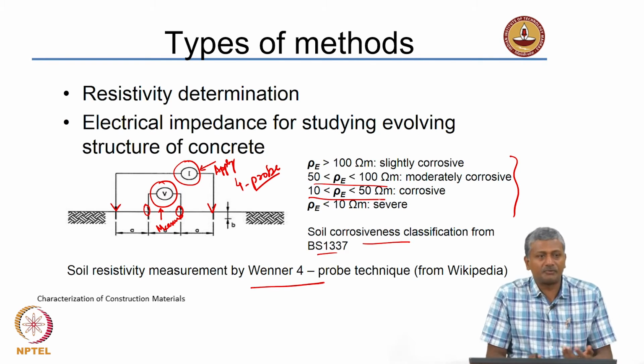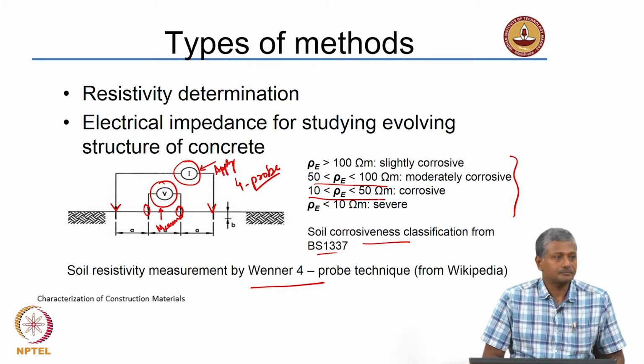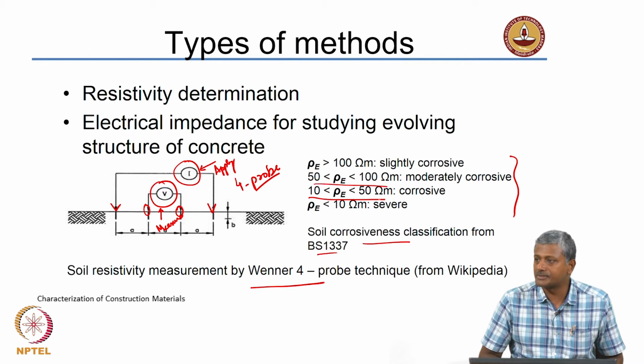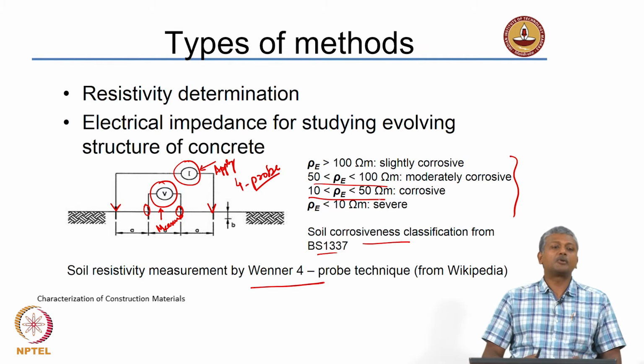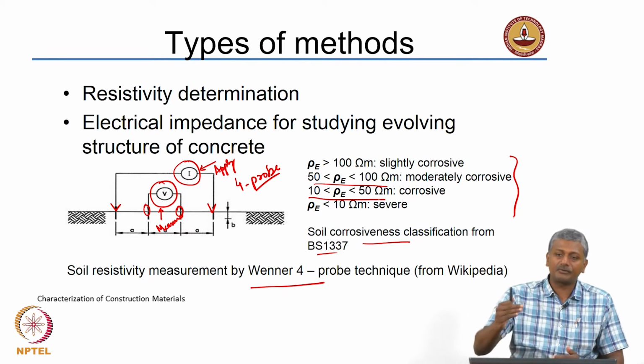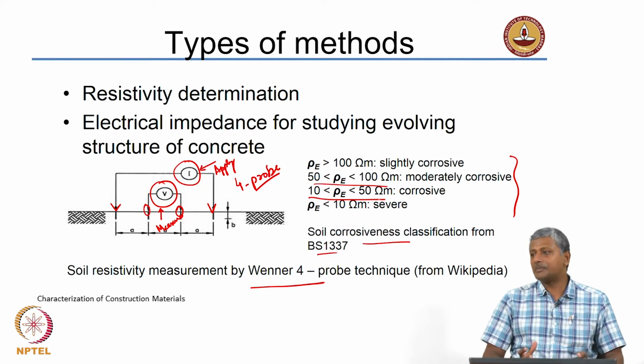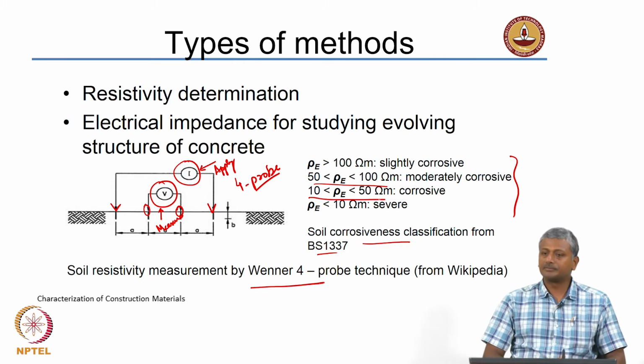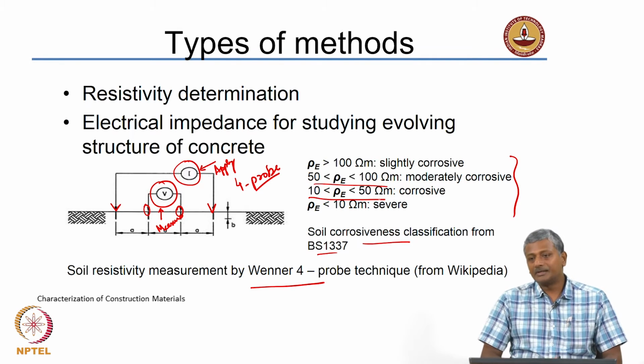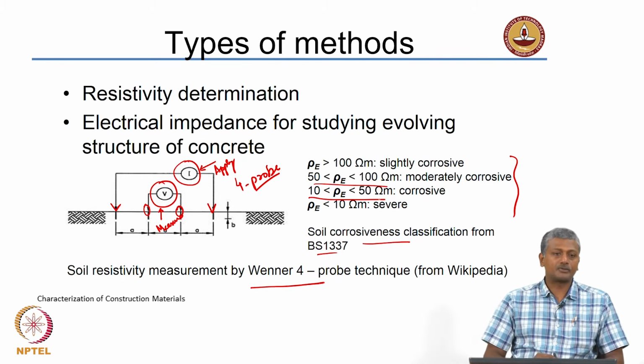Now, what is causing this corrosive nature of the soil? Obviously, the presence of ionic species in the soil, like sulfates, chlorides, for instance. So, all those ionic species are contributing to reducing the resistivity or increasing the conductivity of the soil for a given porosity present in the soil. Now, if you take the soil and you compact it by vibration compaction, what do you think will happen to the resistivity value? Resistivity will increase, because more compact soil implies you have lesser porosity, automatically you get lesser interconnected porosity. So, your resistivity obviously will go up as you compact the soil more and more.